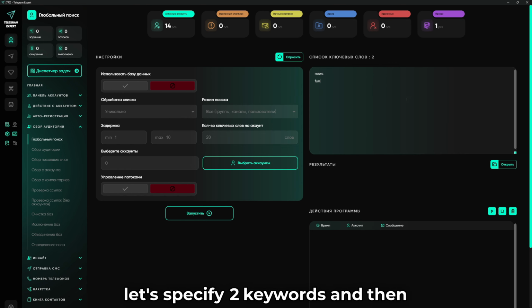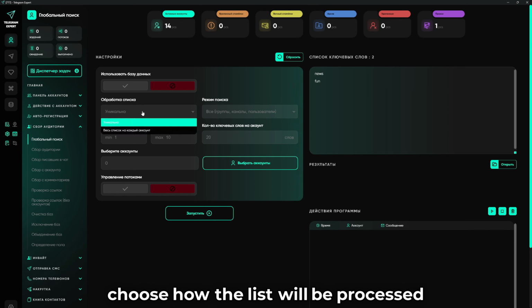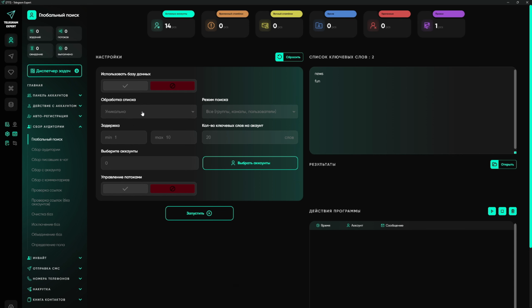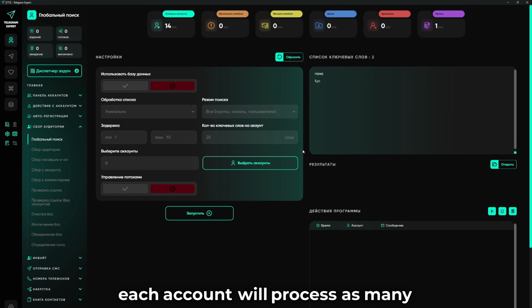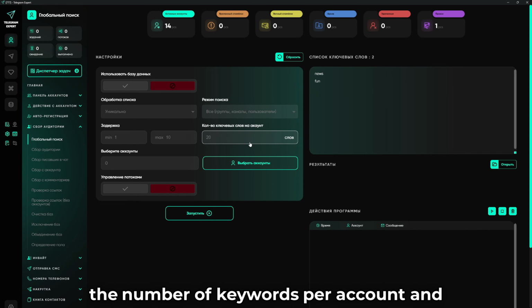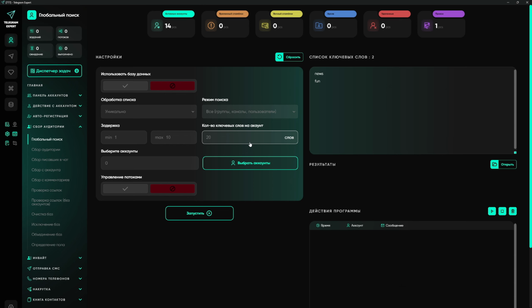Let's specify 2 keywords and then choose how the list will be processed, uniquely or the entire list for each account. If you choose uniquely, each account will process as many keywords as specified in this section, the number of keywords per account, and each word will be taken uniquely.